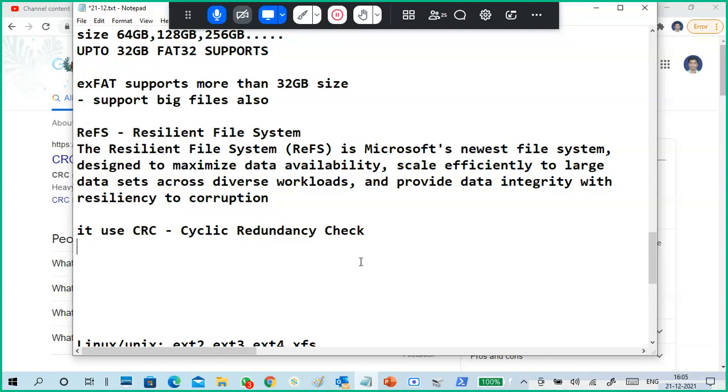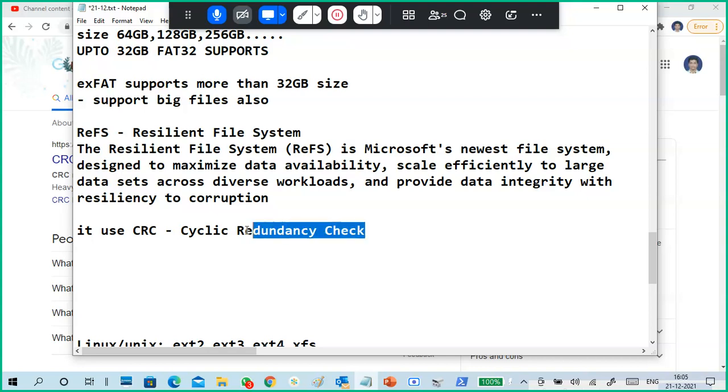Sometimes our friends give us files like PPTs, PDFs or documents, and when we try to access them, it shows the data is corrupted. That is the problem, right?